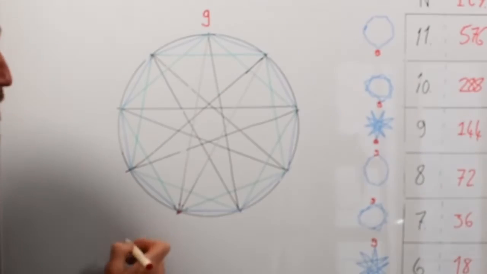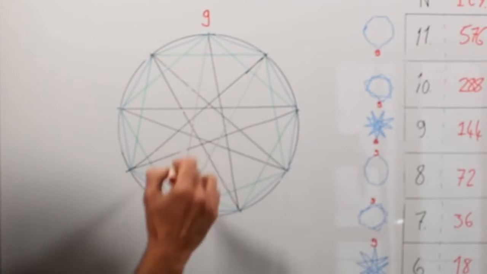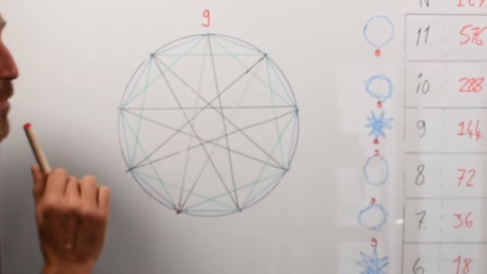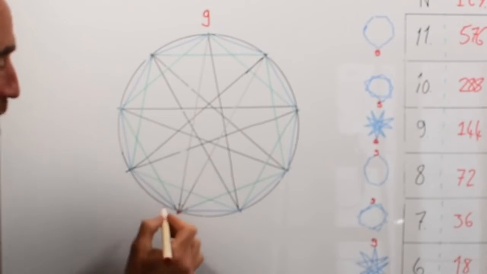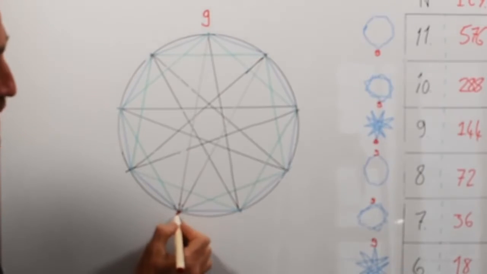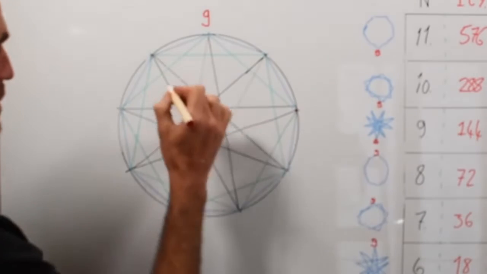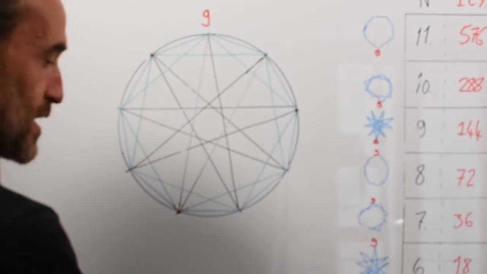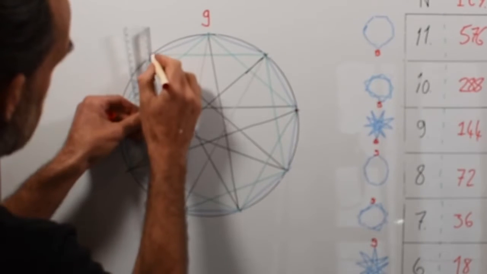Same with all of these. So 6 lines going to 6 different points, 1, 2, 3, 4, 5, 6 around the circle, if you like. So that leaves us with 2 points which this point here is not connected to. So the question is, which of those 2 points? Well, I can tell you that it's this point here and this point here. So if we now make those connections,